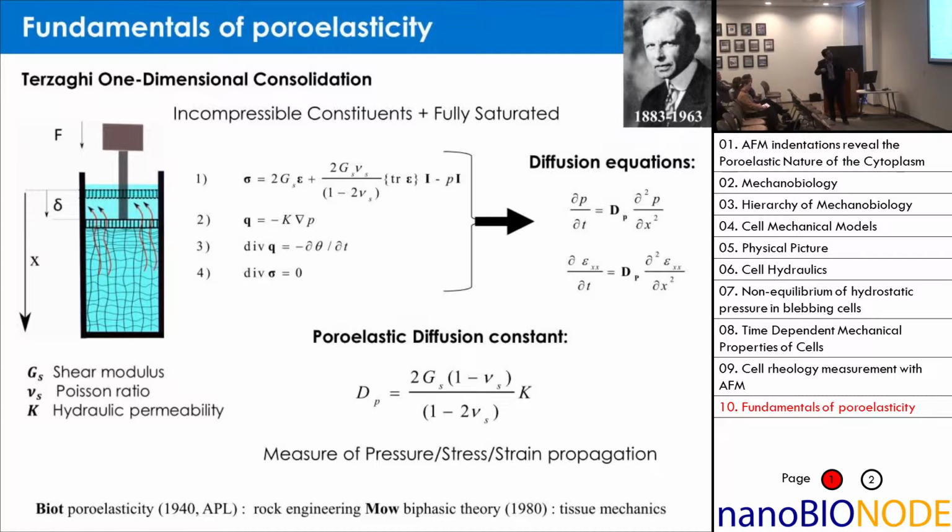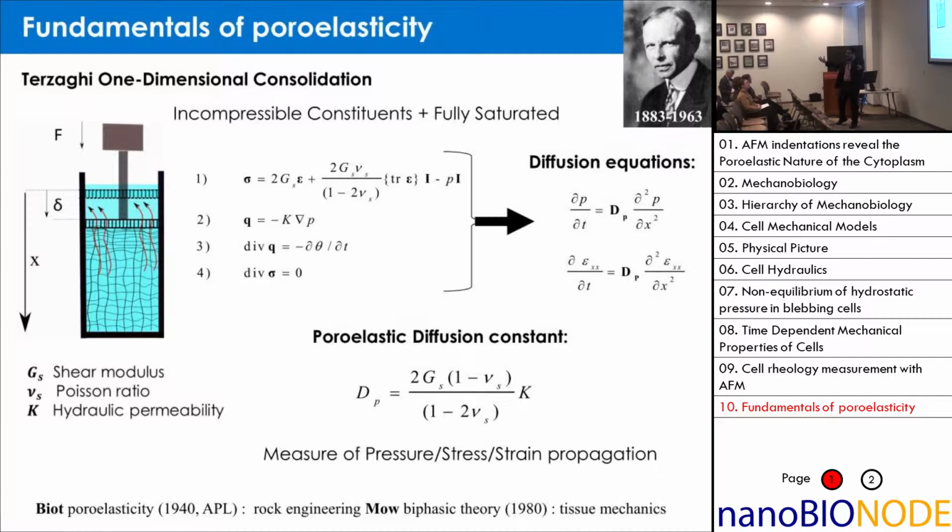If you write down those complicated equations for this simple model, you will come up with these 4 equations, and if you do a little bit of calculation for a sudden step change, you will come up with this pressure diffusion equation, or this strain diffusion equation. The important thing in this equation is that if you apply a sudden force, you will come up with a diffusion equation. So basically, this diffusion constant is how fast